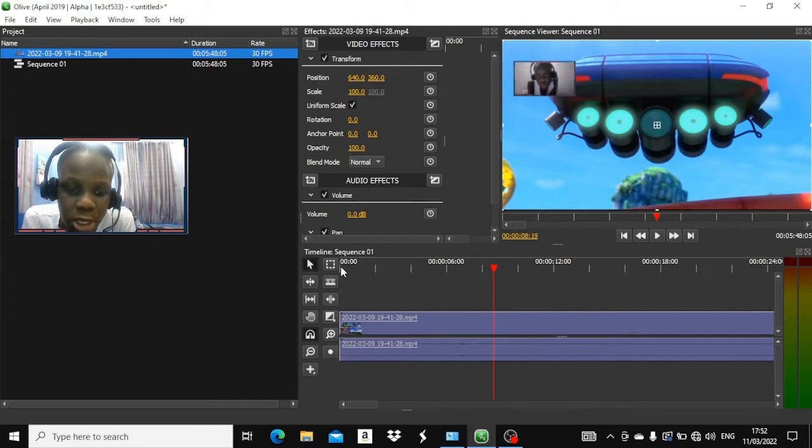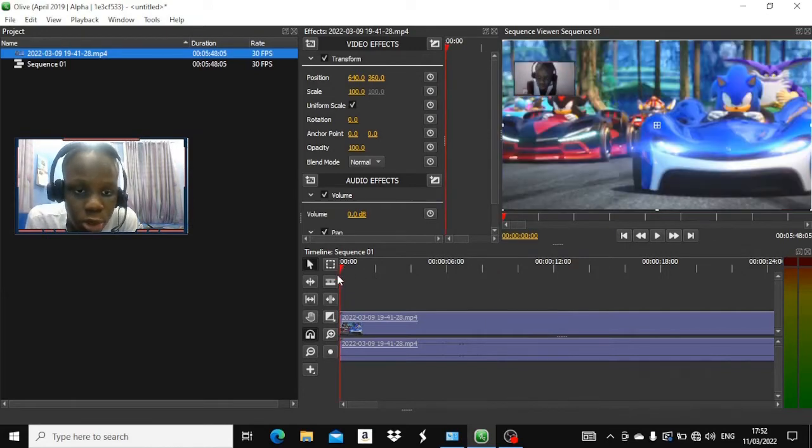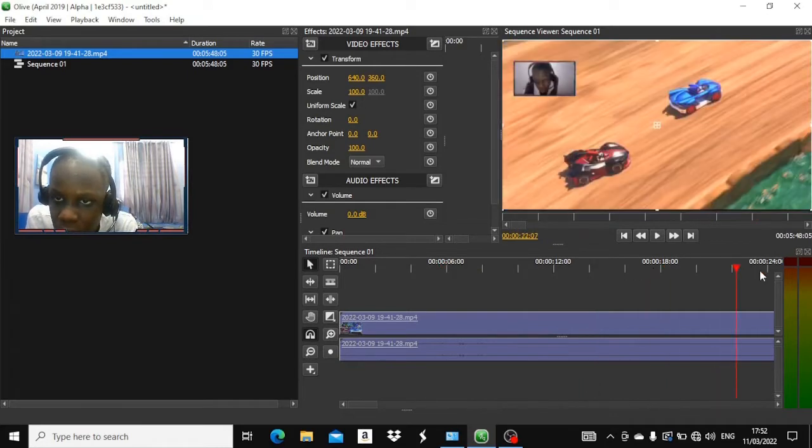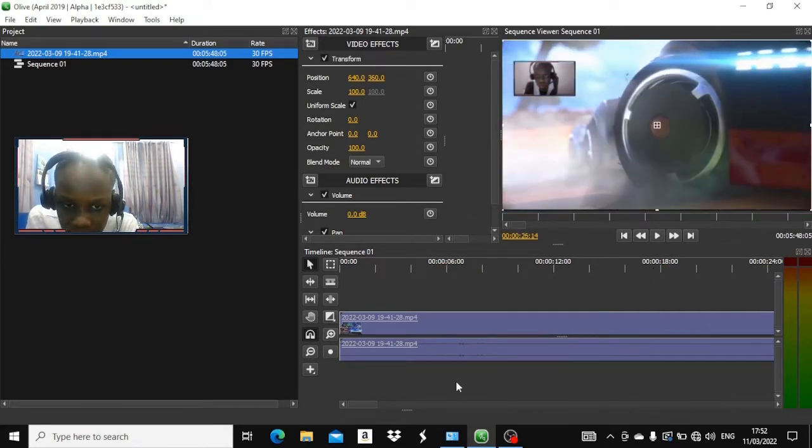So if you want to cut a certain part of your video, what you want to do is hold C on your keyboard, or you can go to this razor tool right here. First of all, you have to drag to where you want to cut. So I'm going to cut out the theme song of this game. You can see the theme song runs like this before the game actually opens the loading screen. As you can see, this theme song the game is playing,